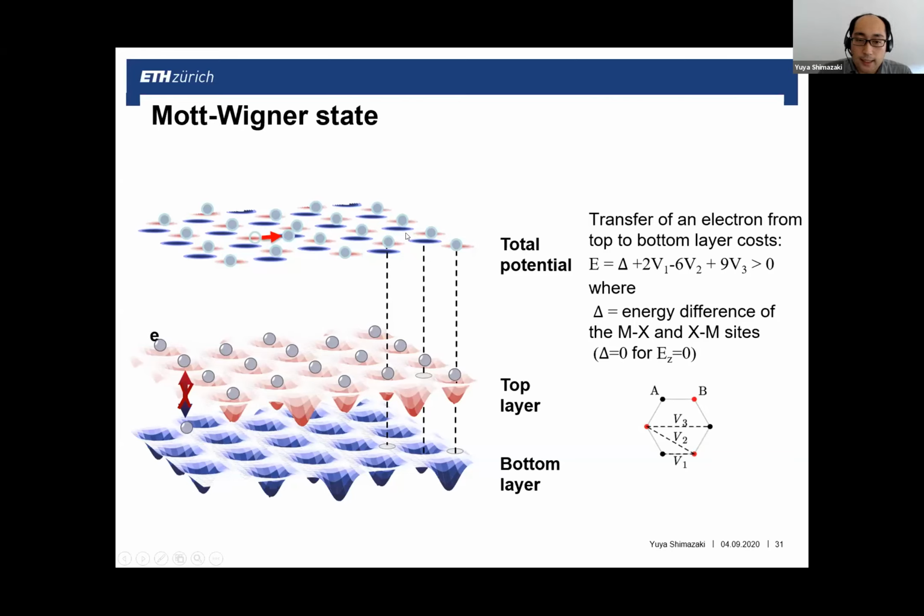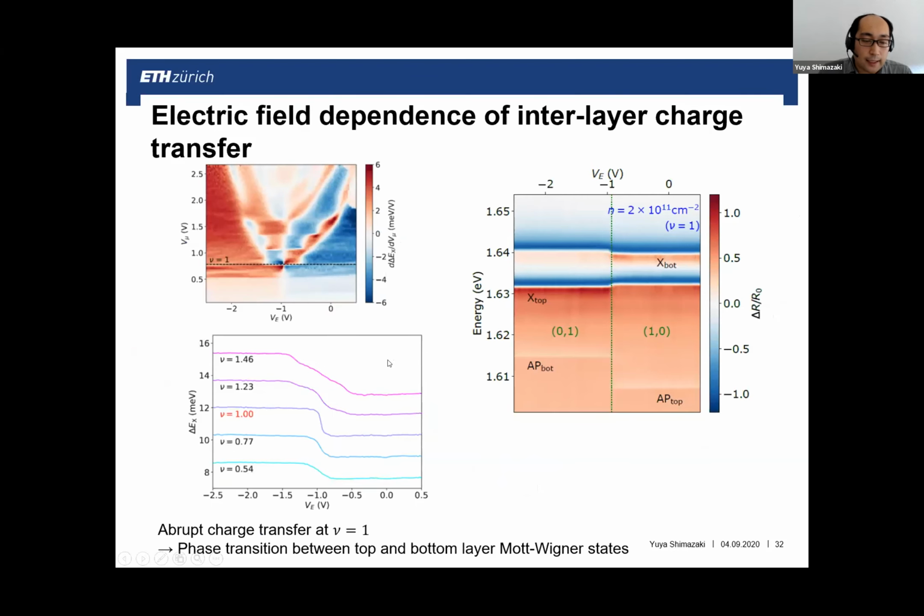So this delta is the energy difference, or the energy alignment, between the two layers. Even if the energy alignment is zero, this charge transfer energy is positive. That said, rather than moving a single charge, if we move the entire charge from the top layer to the bottom layer, we don't need to pay the extra energy. From this, we can think that there should be a sudden charge transfer from the top layer to the bottom layer. And indeed, we observe this sudden charge transfer in this system, which we can tell from this exciton